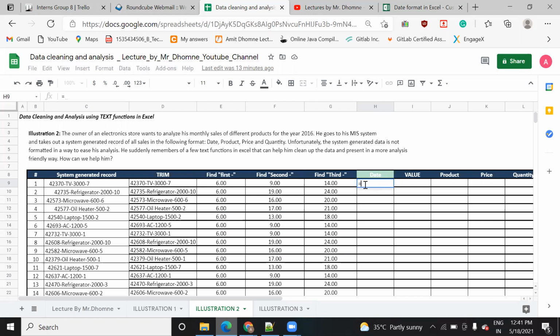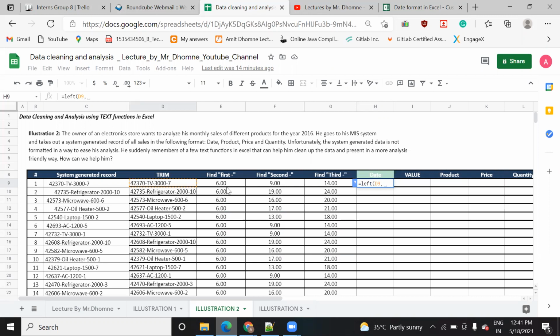In order to use this, you need to use the equal to sign, then LEFT. It will show you the substring from the beginning of the specified string. So it will give you the data that is present at the left. You need to pass what data you want to extract. Here you need to extract the first data of column D9, so I will pass D9.